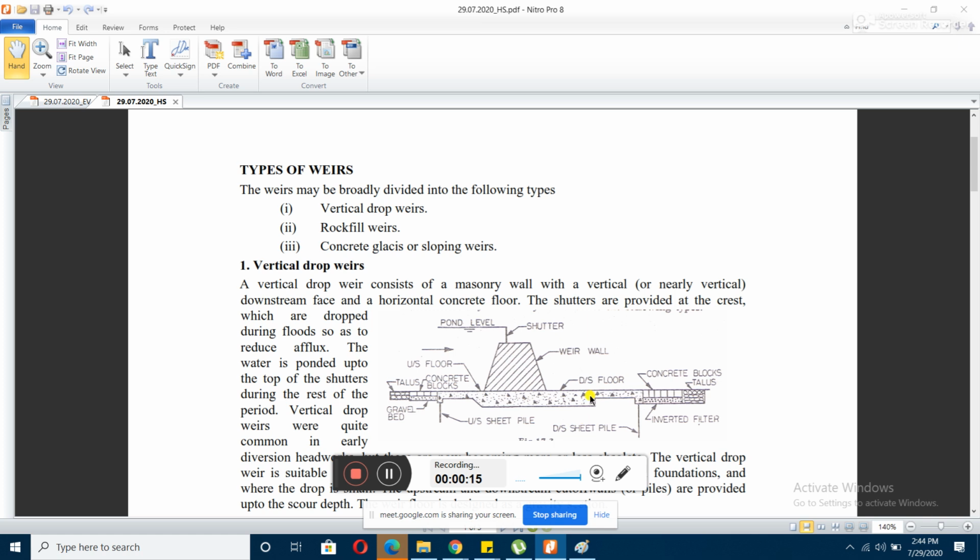Someone's microphone is turned on, just mute it. So the main component of your diversion,